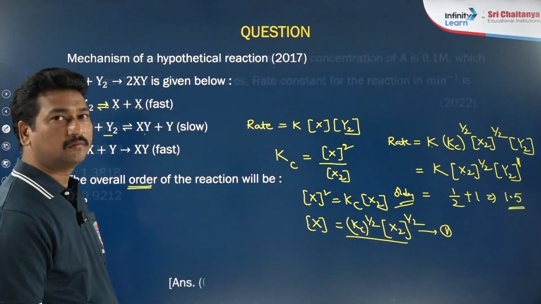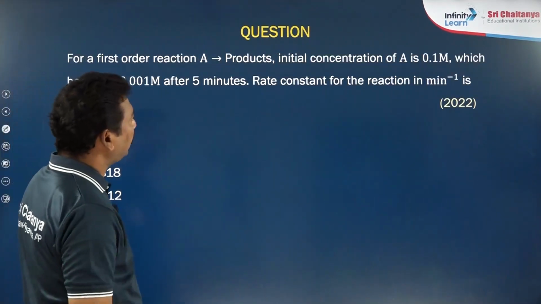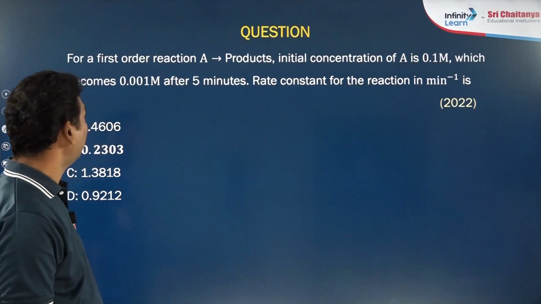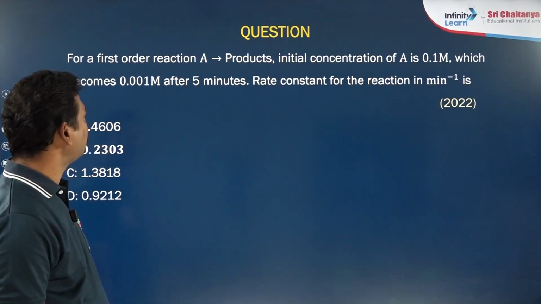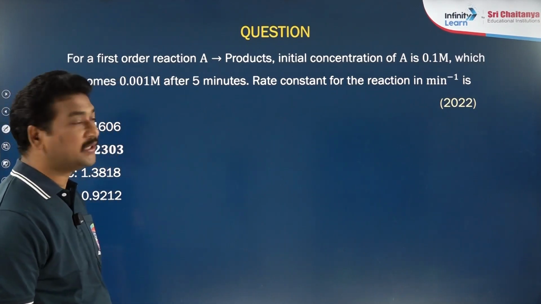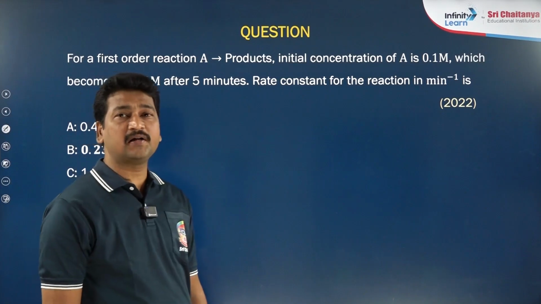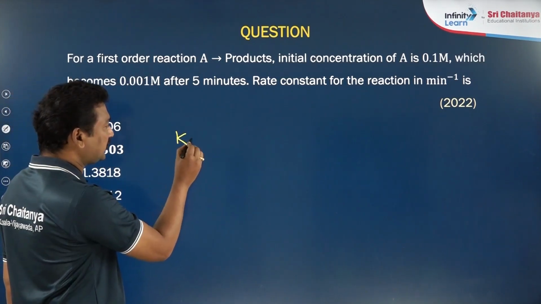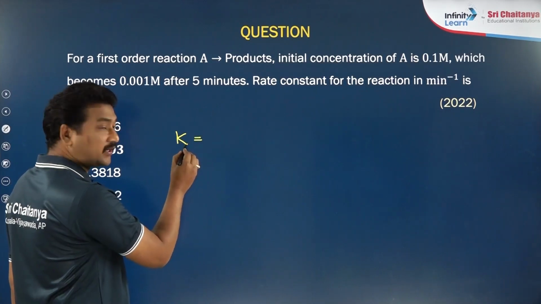Coming to the next one. For a first order reaction, A gives products. The initial concentration of A is 0.1 molar, which becomes 0.001 molar after 5 minutes. Find the rate constant for the reaction in minute inverse. What is the first order rate constant expression? First order rate constant expression is K is equal to,